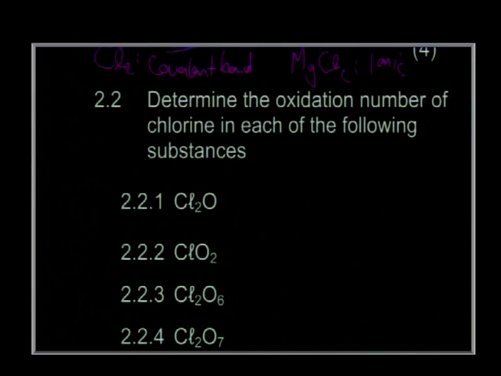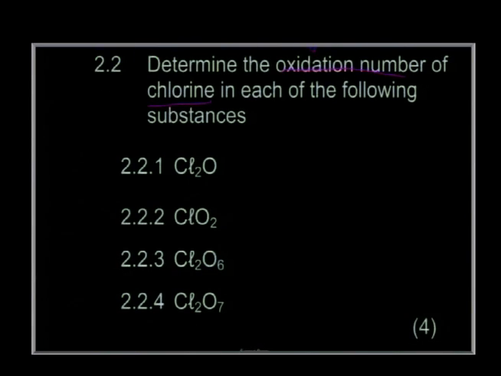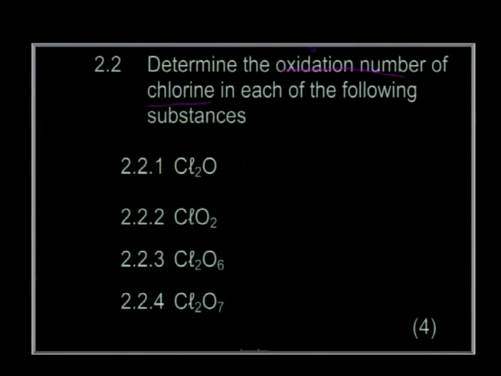Okay, here's another question on oxidation number, and this time we're asked for the oxidation number of chlorine in each of these cases. This is an interesting question because it shows that chlorine, even though it's a non-metal, can have various oxidation states. That tells us whether it's electron-rich or electron-poor in each of the states. The way we're going to do it, we're going to assign oxygen as a -2, and then use the rules